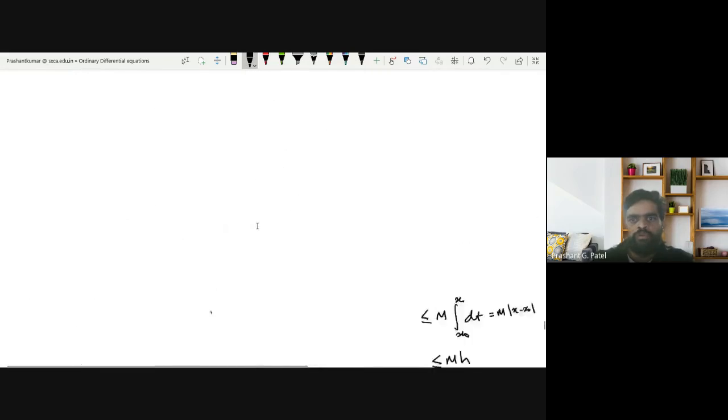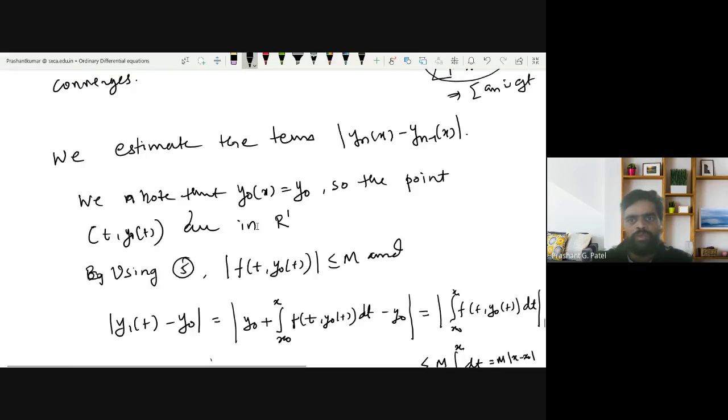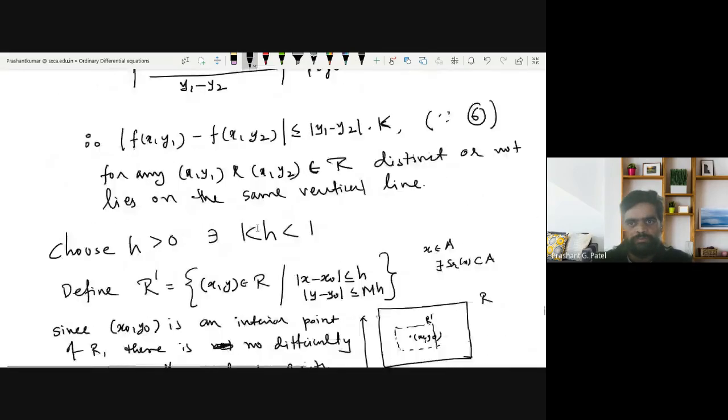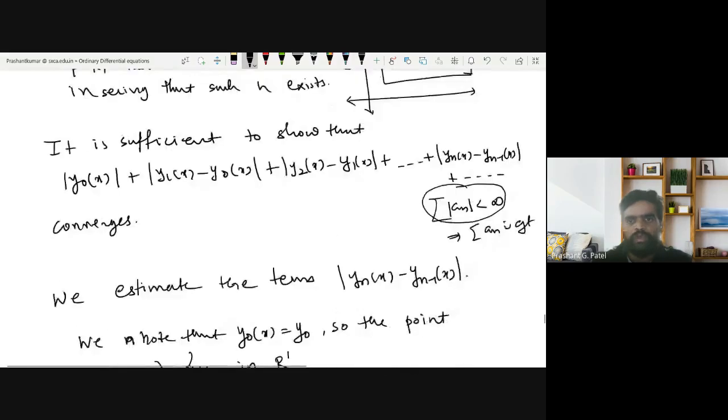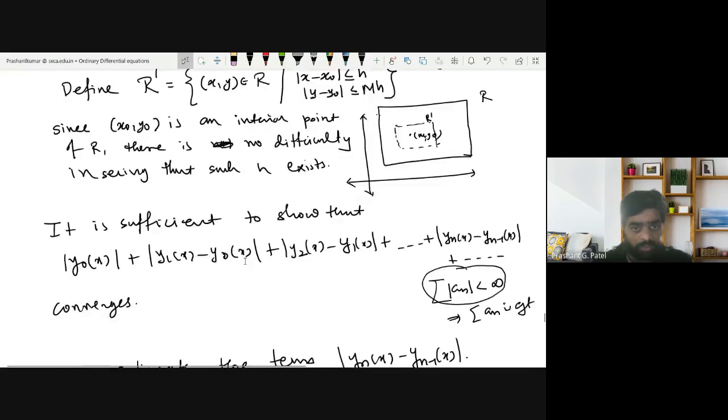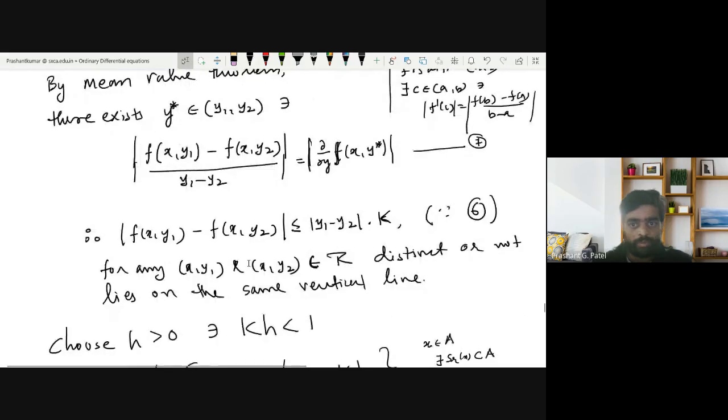So using the equation number 8, which we have defined for the mean value theorem, that is the statement 8, this is the statement 8. So using this statement,